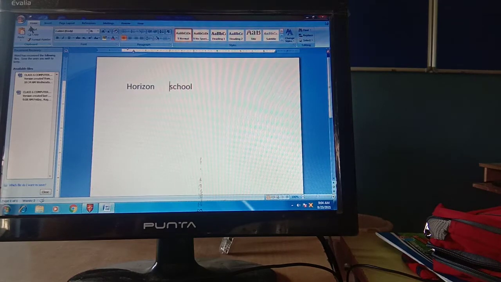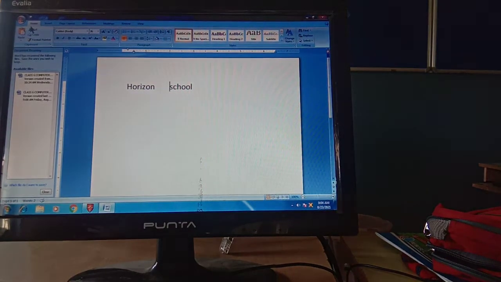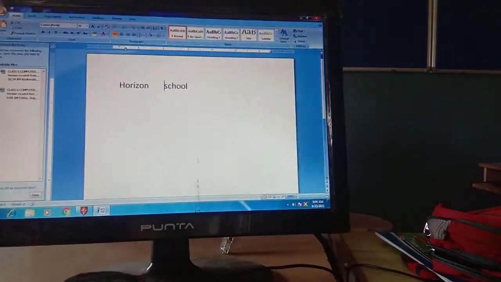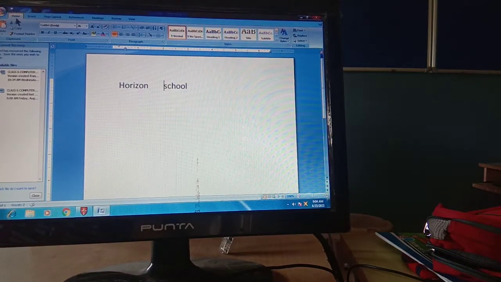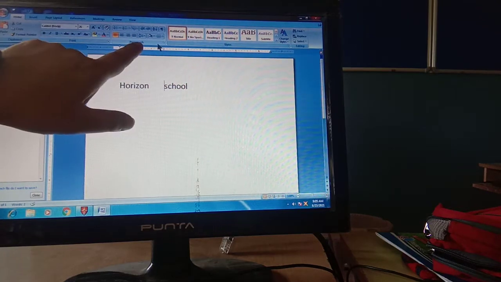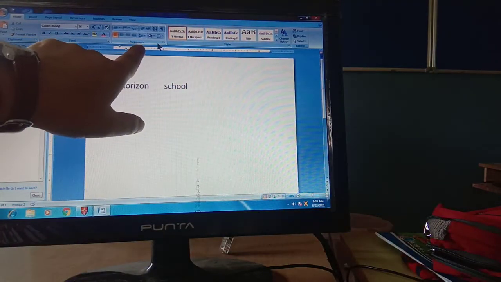If you are able to see, this is your Home tab. It is already selected. Students, what you have to do is select the Home tab, and then there is a Paragraph group in the Home tab.